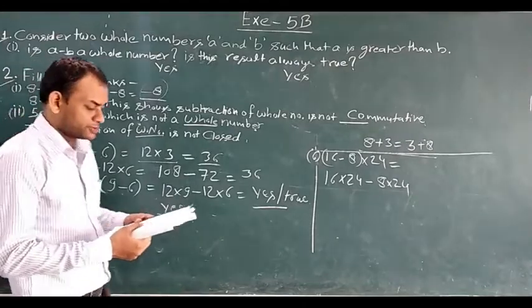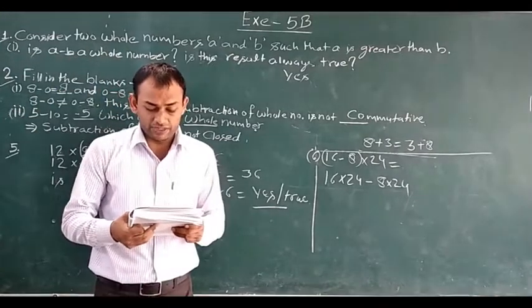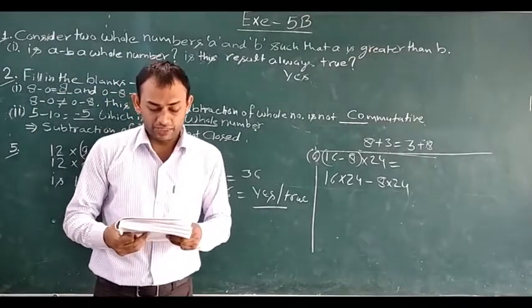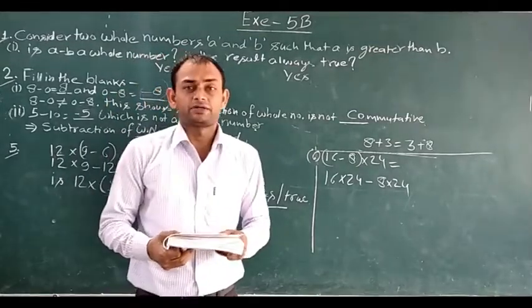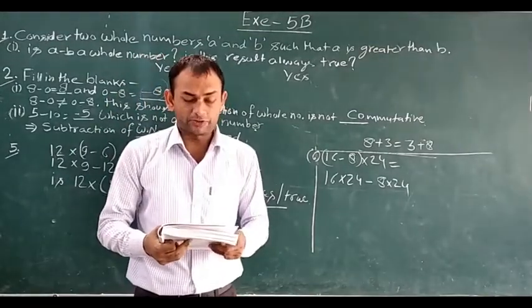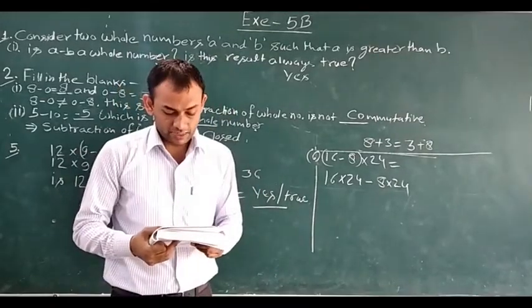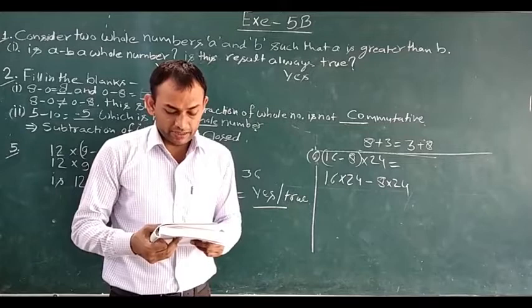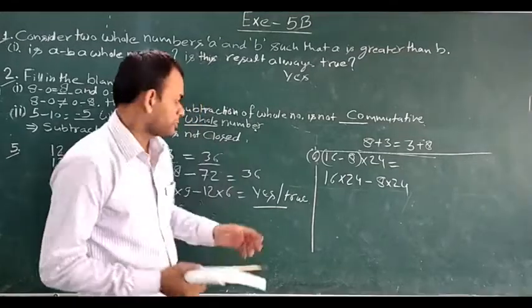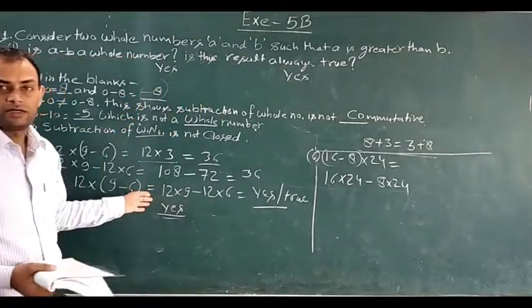And the statement I am just telling you: is this type of result true? The second last part of question number 6: is this type of result true? Then it will be true. You will write yes. Name the property used here. Which type of property is used here? You will write the distributive.